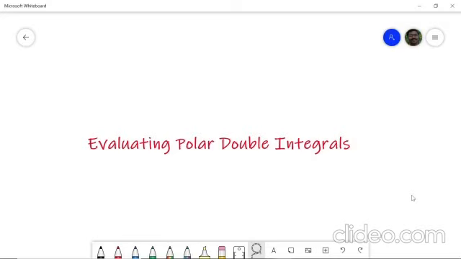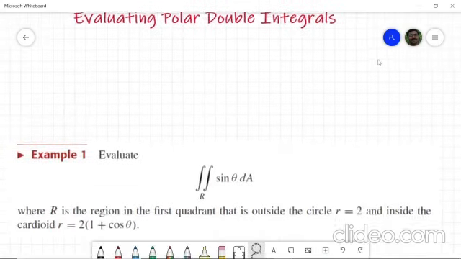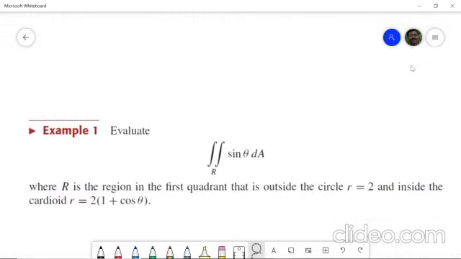So you know how to write the polar region. We have studied some standard curves and also some standard integrals. So let us try to do one problem now. Okay, so consider this problem: evaluate the integral over R of r sine theta dA, where R is the region in the first quadrant